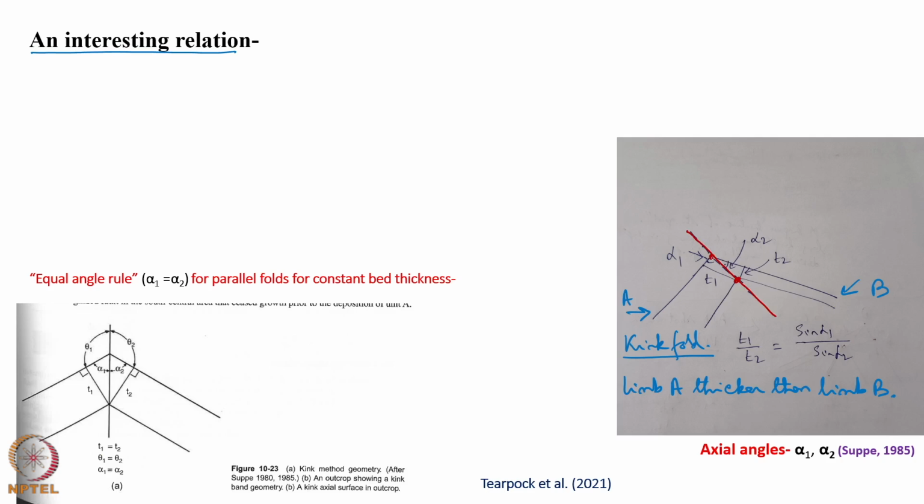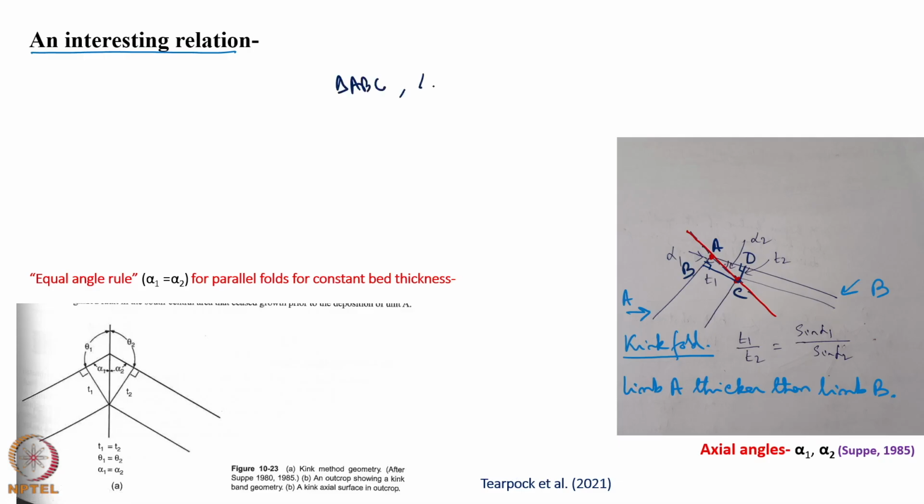passing through the hinge points of the top and the bottom layer of the fold. We can drop a normal from here and a normal from this point and create two right angled triangles. This is the right angle triangle ABC and that is the right angle triangle ACD. Within the right angle triangle